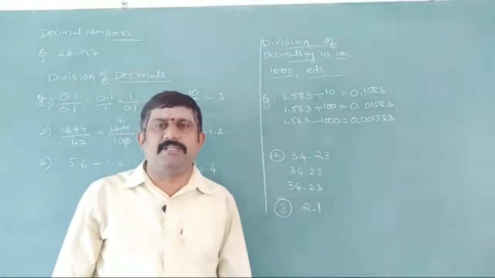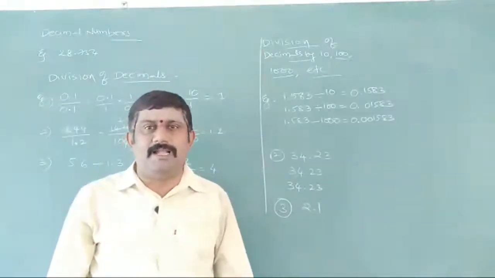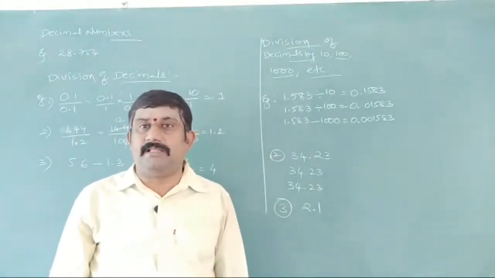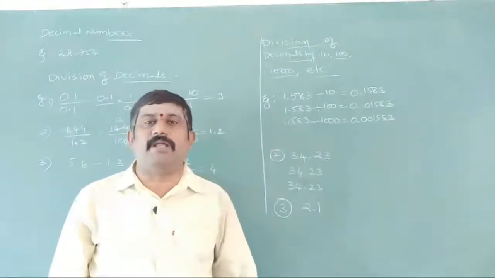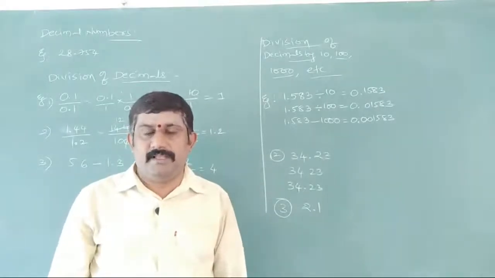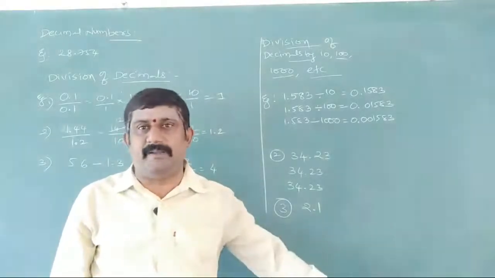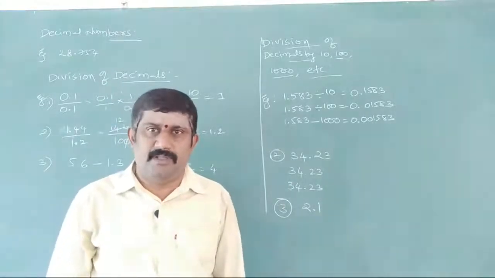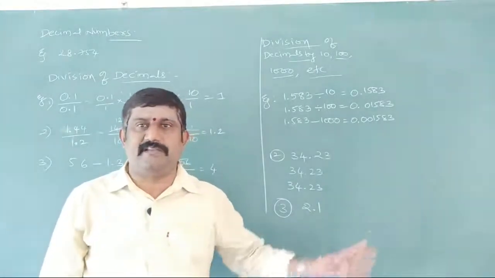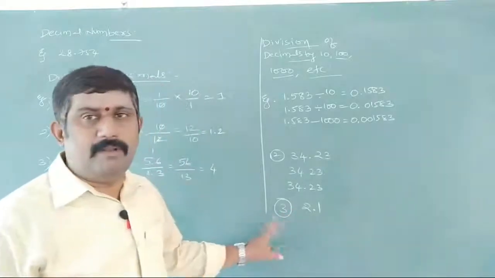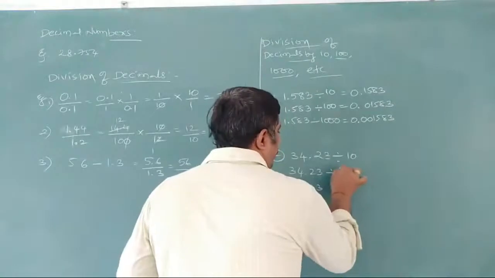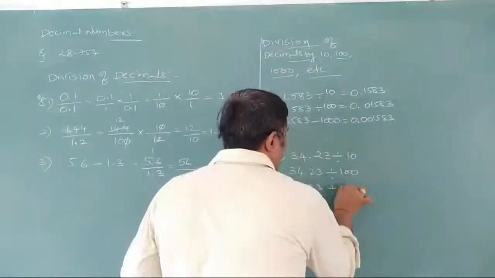So this is the reverse operation of multiplication. In multiplication we are moving right side, and in division we are moving left side. And the thing is same, if we don't have a sufficient number of digits, then keep zeros at the right side for multiplication and the left side for division. Both are same, but reverse operations, right side, left side. One more example we are going to take here: divided by 10, divided by 100, divided by 1000.